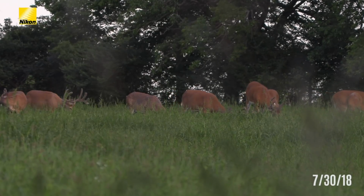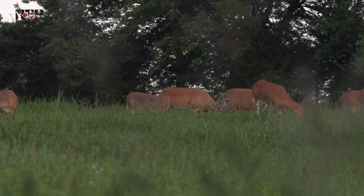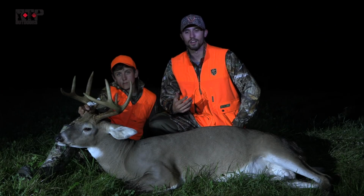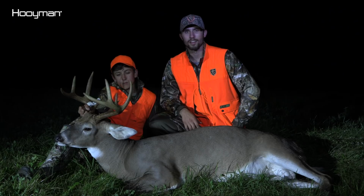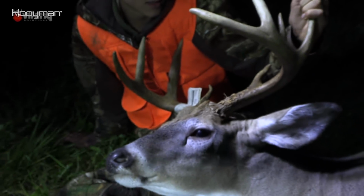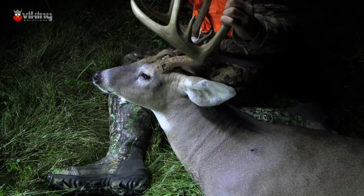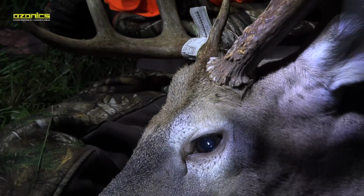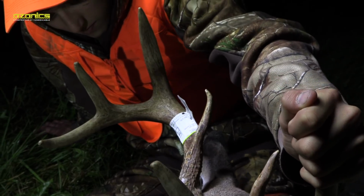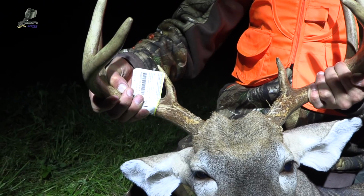And the plan of attack was to sit in the stand that we sat tonight, and we actually sat there 3 times so far this year. Last night, I actually got a text from the individual that overlooks the property, and he said that there's 3 really nice bucks coming out right by the stand, and there's 1 mature 8-point, which was actually this deer, who turned out to be a 9-point. And so I called Ashton up last night and told him, hey, how'd you like to go deer hunting tomorrow morning? He got all excited, and we ended up coming out this afternoon after work and whatnot, got in the stand,